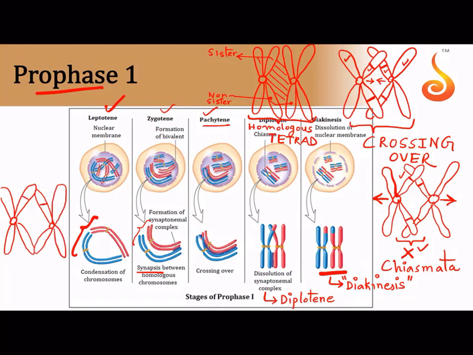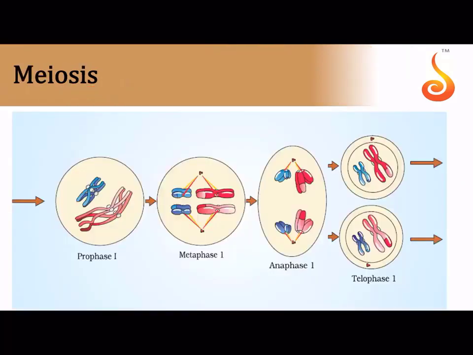You can no longer see the chiasmata. You can't see the bandaged portions, obviously. These are diagrammatic, and the crossovers can be seen. Notice you will not see any X-shaped structures over here. In diakinesis, you will only see that the ends of the chromatids, the non-sister chromatids, are in contact. So all these events happen during prophase 1.